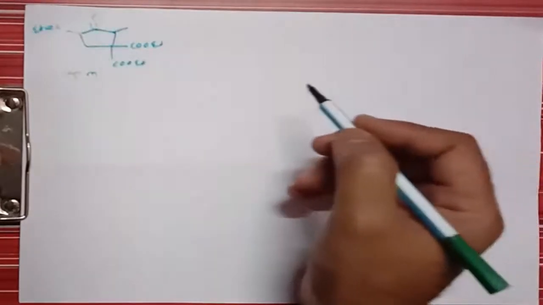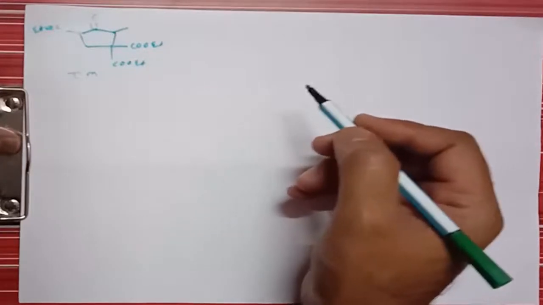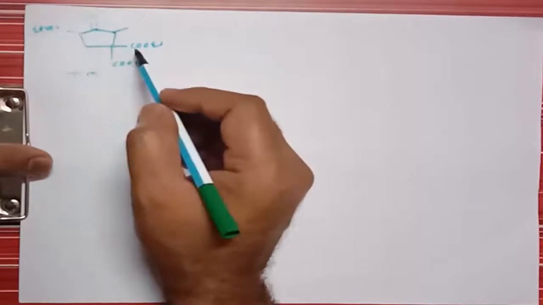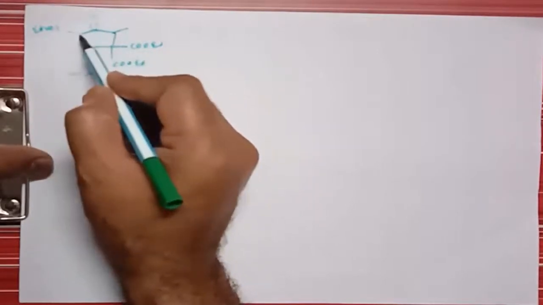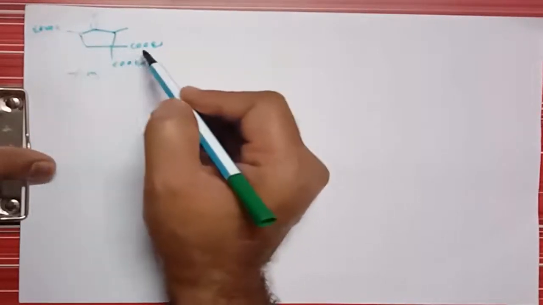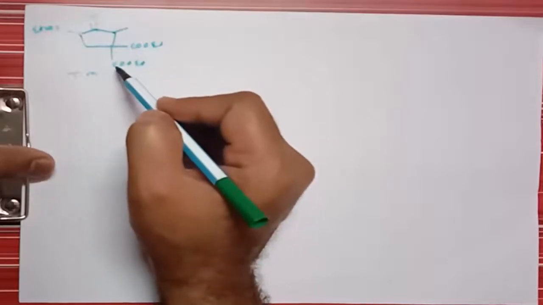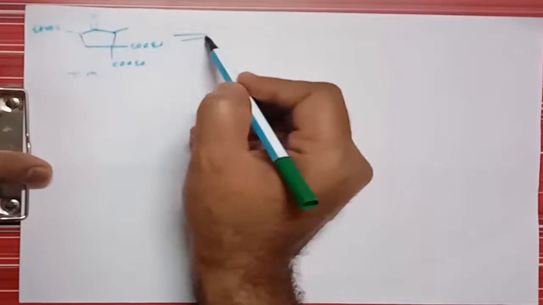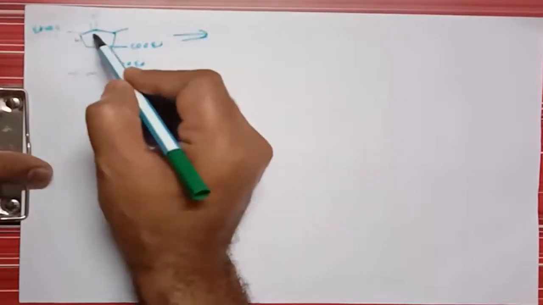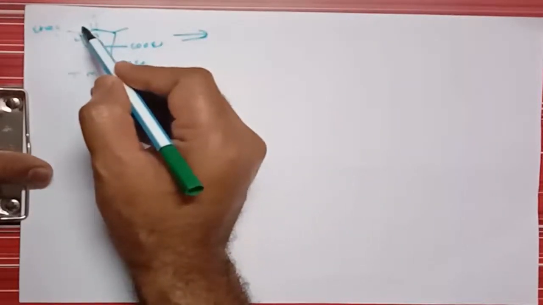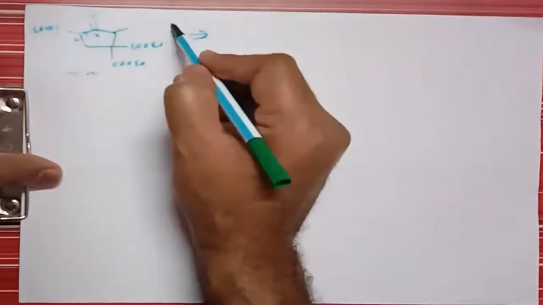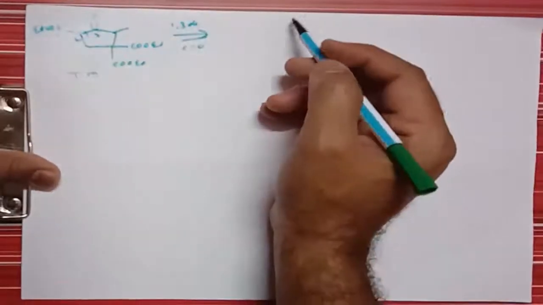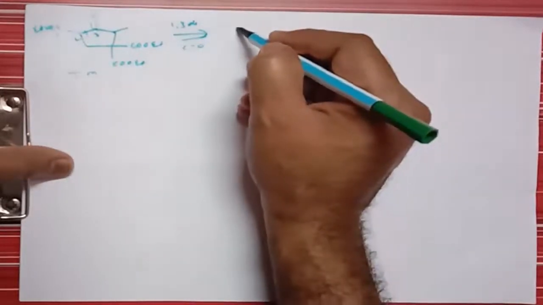So friends, let's take one more example on the different carbon system. If you see here, it is a 1, 3 dicarbonyl system. So here we can take this system, that is 1, 2, 3, and we can break the molecule at this position. So it is a 1, 3 dicarbonyl compound, and here we can break this C2, C3 bond. So here is what it gives.